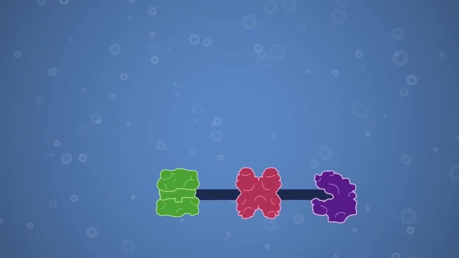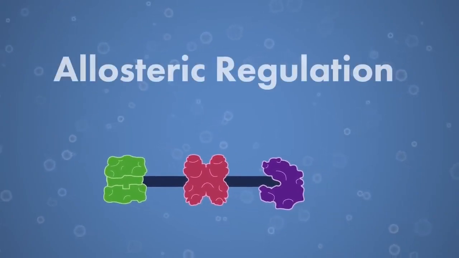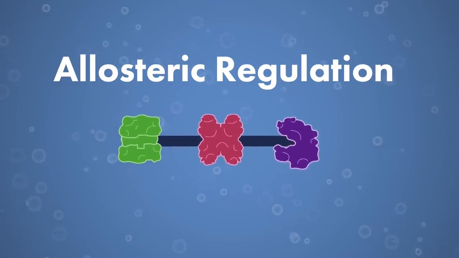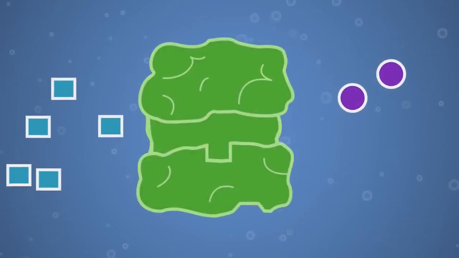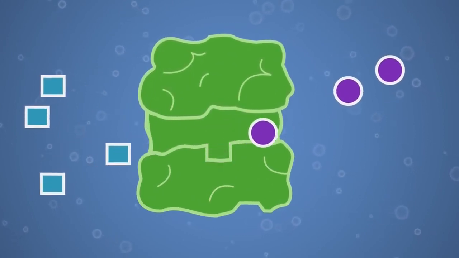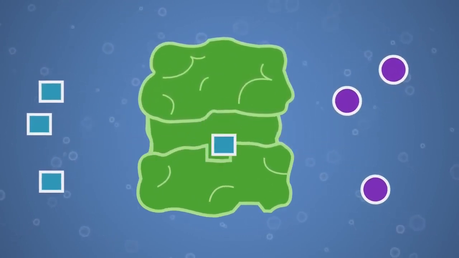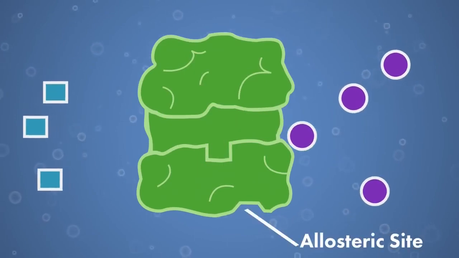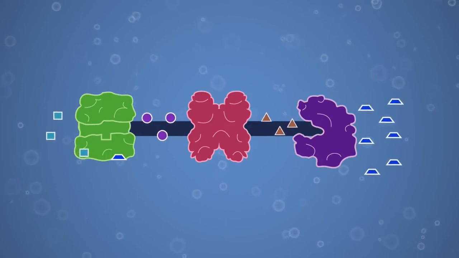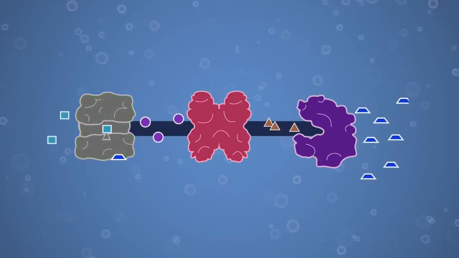Feedback inhibition is achieved through a process called allosteric regulation and plays an important role in many metabolic pathways. Enzymes have a unique area called the active site where substrates can bind. Enzymes that can be regulated have an additional area called the allosteric site. Downstream products can bind to this regulatory site, causing the enzyme to change shape and prevent it from binding with